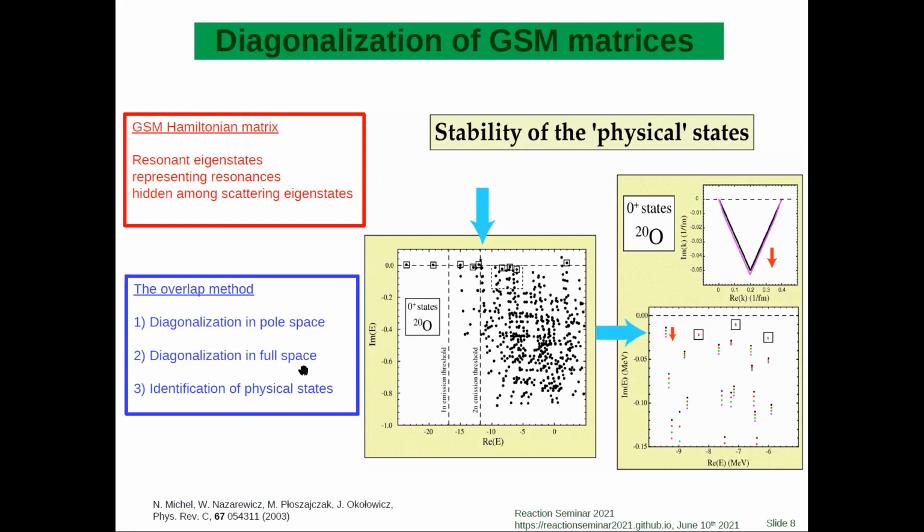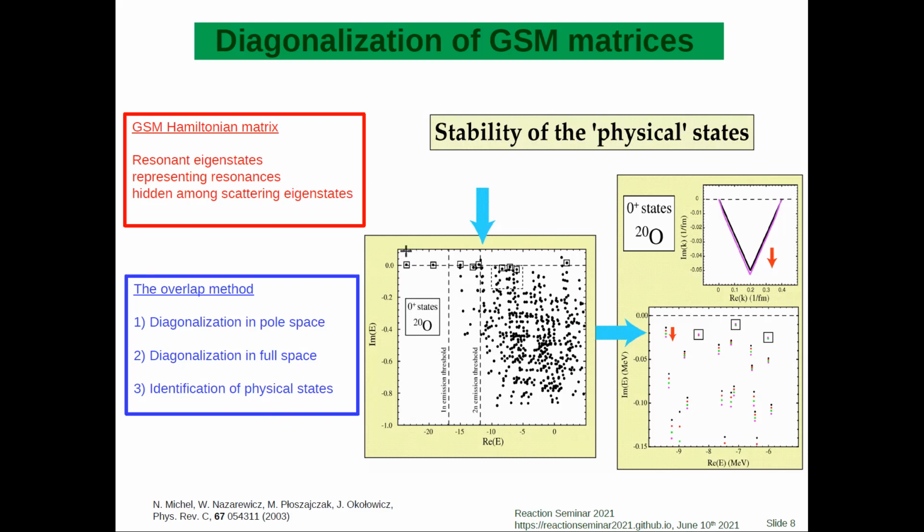For this, we first diagonalize the Hamiltonian in pole space, which means that all the scattering states of the Berggren basis are not considered. And here we can use the Lanczos method. Then we diagonalize the Hamiltonian in full space using the Davidson method. And one identifies physical states by looking at the states which have the largest overlap with those calculated in pole space. And this way, in this example, oxygen 20, 4 neutrons above an oxygen